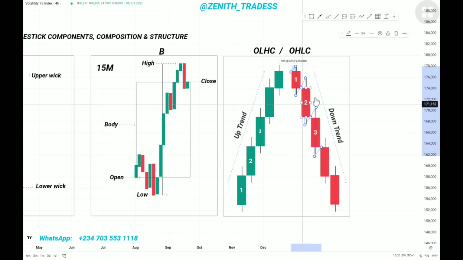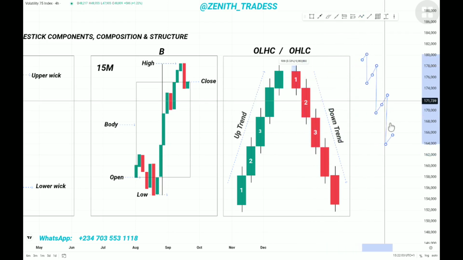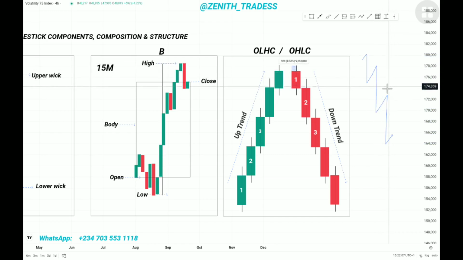The same way, but in the opposite direction. I hope you understand this structure. So this is what gives us the market structure that we study: higher high, lower low, higher low, lower low, and the rest. I hope you understand these basics. All right. Now that we have understood the